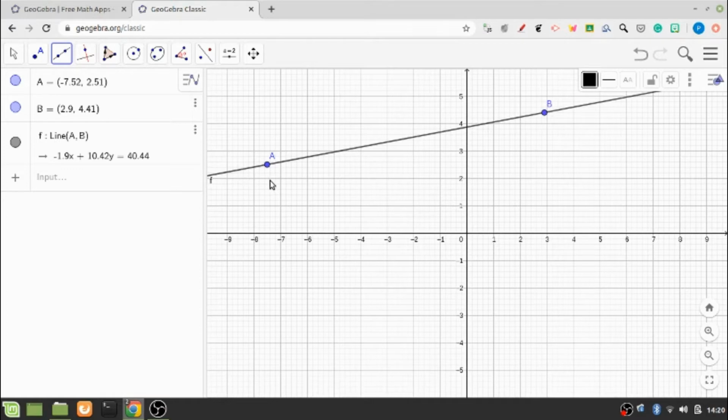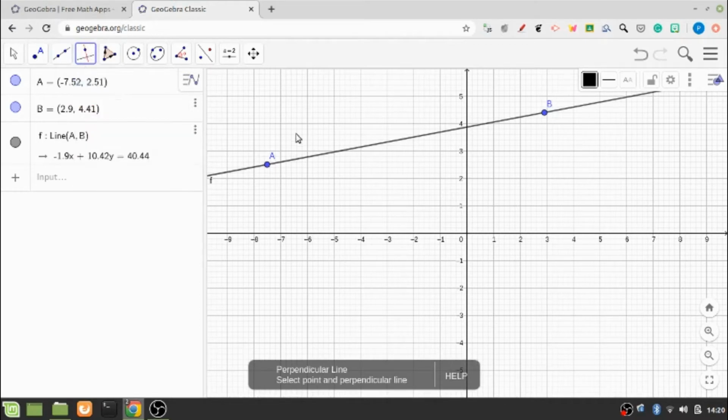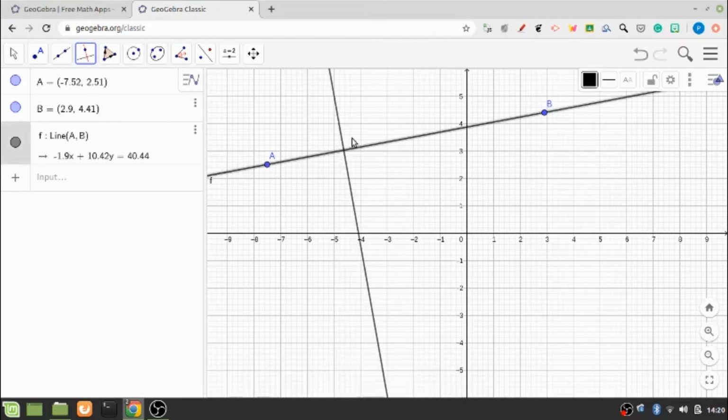Now I want to draw a perpendicular on this line F. For that, let me go to the perpendicular tool and select the perpendicular line. If I click on this particular line, you see that another line, which is the perpendicular to this initial line F, has been generated, and it is moving along with the movement of my cursor.